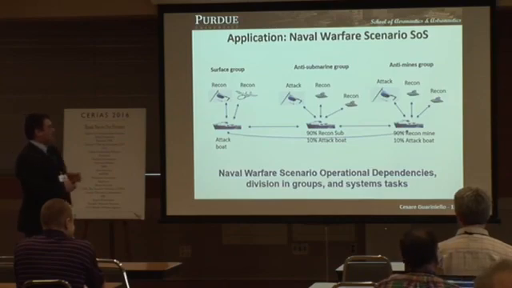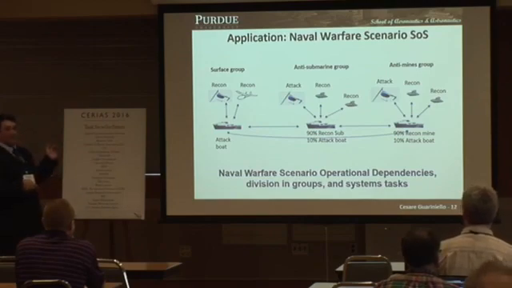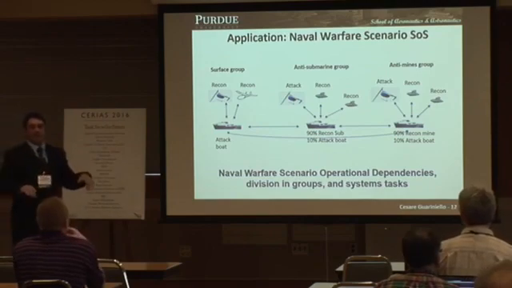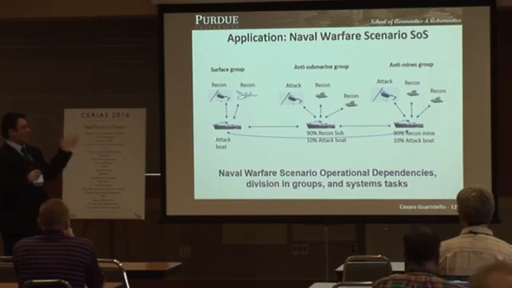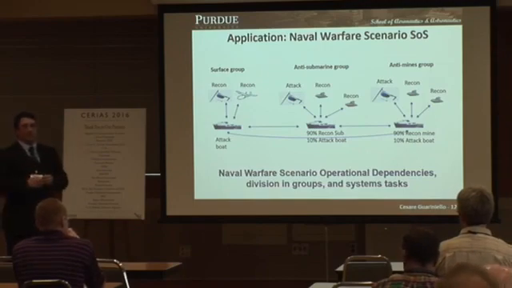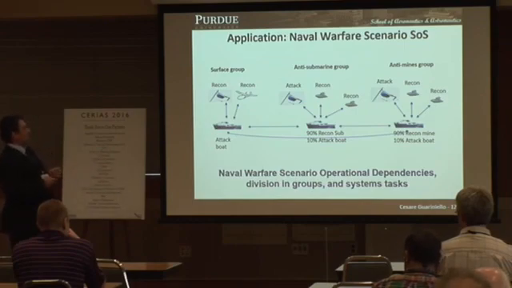I will show you with this slightly larger scenario, and you can see again that we are working at a very high level. This analysis can also be done at a lower level. I also did it at the level of individual subsystems in one of these complex systems. Just the network becomes larger. Since the model is piecewise linear, it's actually very fast. So I had networks with 1 million nodes and 250,000 links, and I got the results in 25 seconds. So it's quite fast. This was an application for the Department of Defense, a naval warfare system of systems scenario.